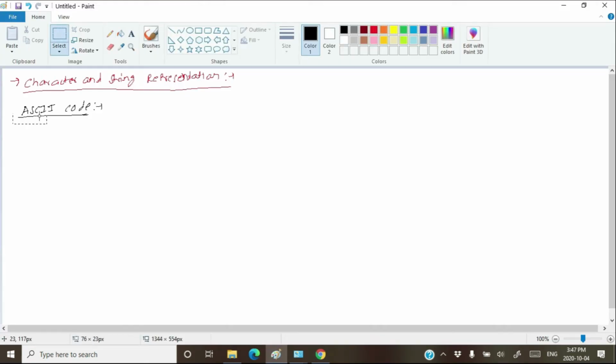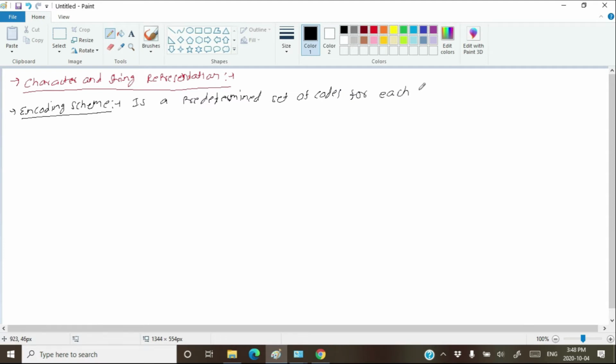So let's learn this concept more formally. The first concept that comes here is the encoding scheme. ASCII is an encoding scheme. An encoding scheme is a predetermined set of codes for each recognized letter, number, and symbol.